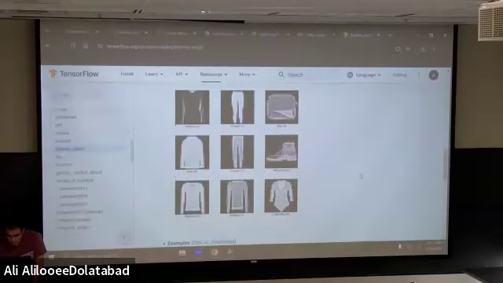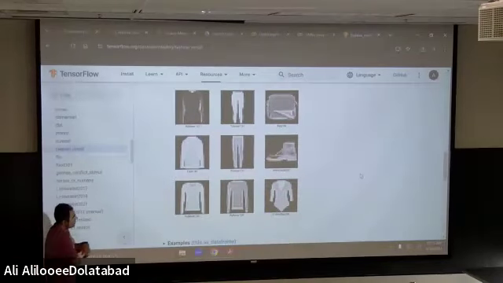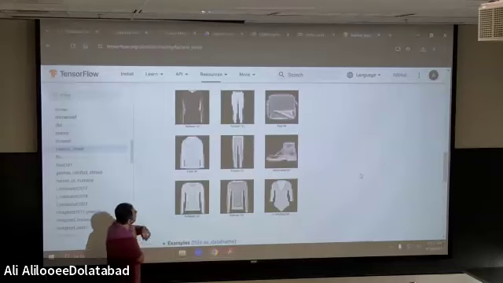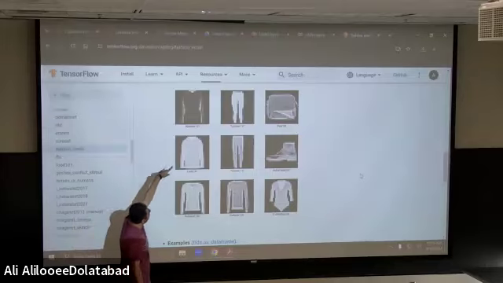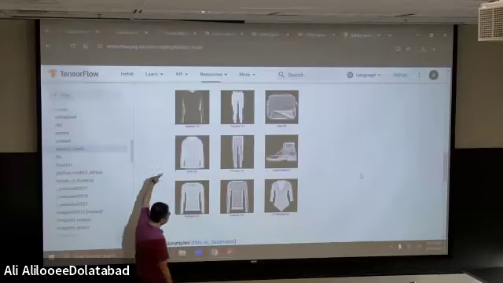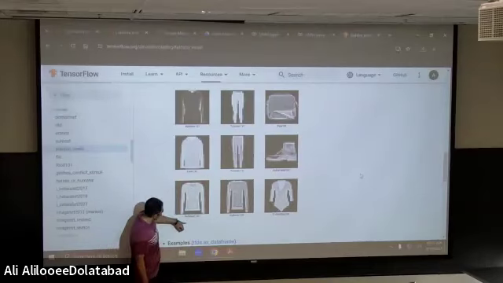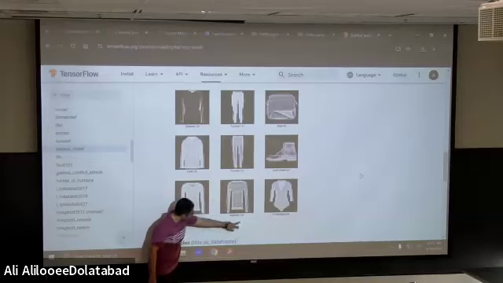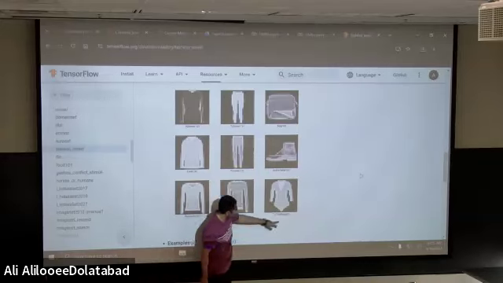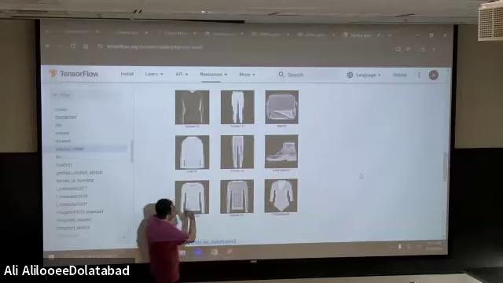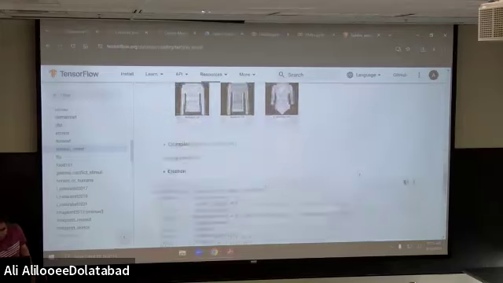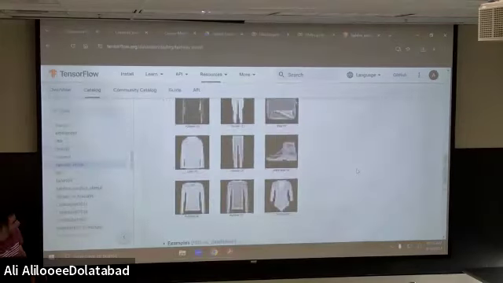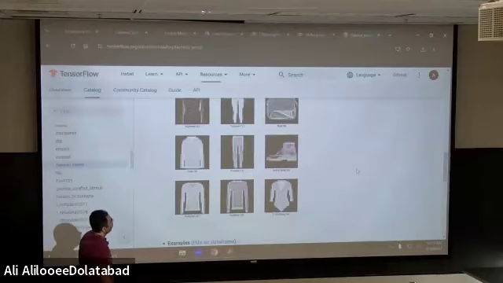Yes, see? In the Fashion MNIST set, instead of having digits 0, 1, 2 up to 10, you have pictures of some clothes. Then you have pullover, trousers, bag, and so on. In this case, for example, you have different pullovers, but pullovers are labeled by 2, t-shirt top are labeled by 0, and the trousers by 1. Then you have 10 classes of clothes.